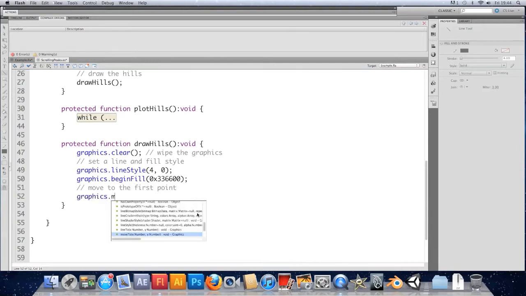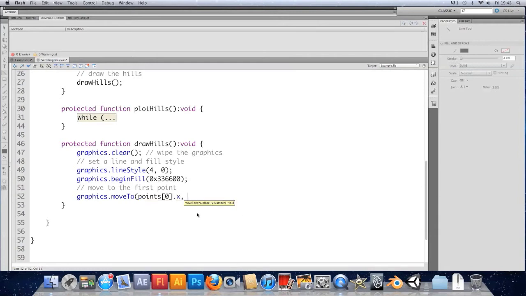graphics.moveTo points, and to remember, as I said, an array starts at 0, so we'll have points[0].x, points[0].y. Sorry, that was totally wrong. So we've moved to that point, and from then on we're going to loop through the rest of them and